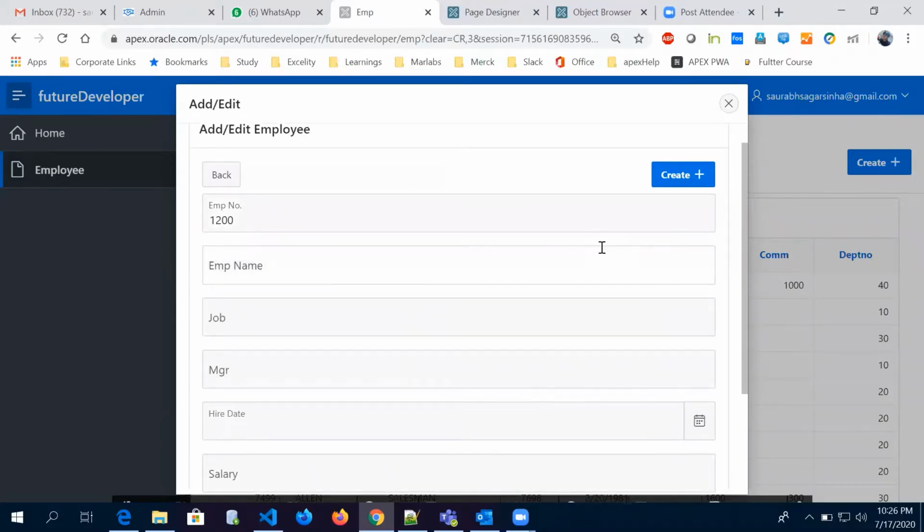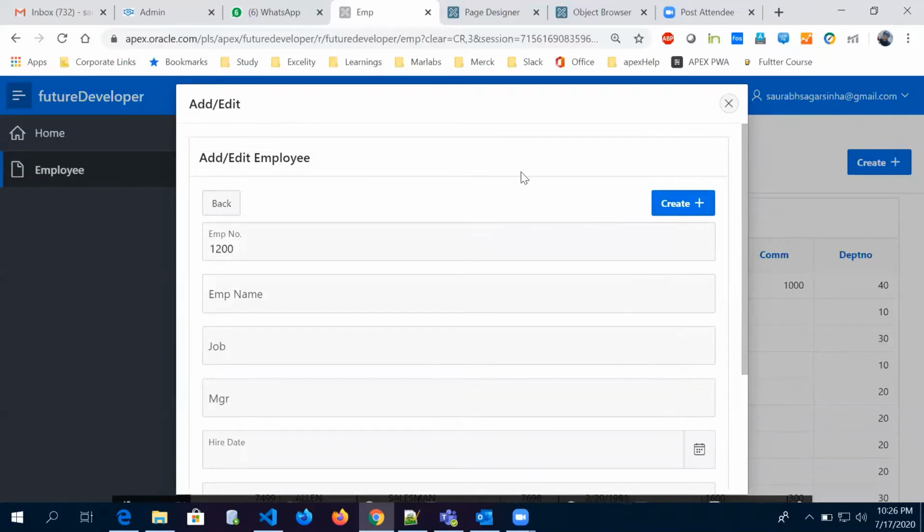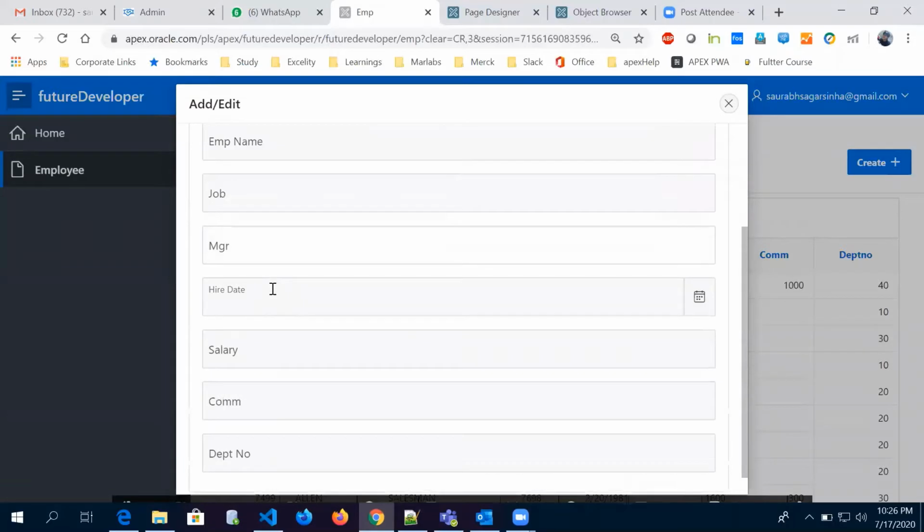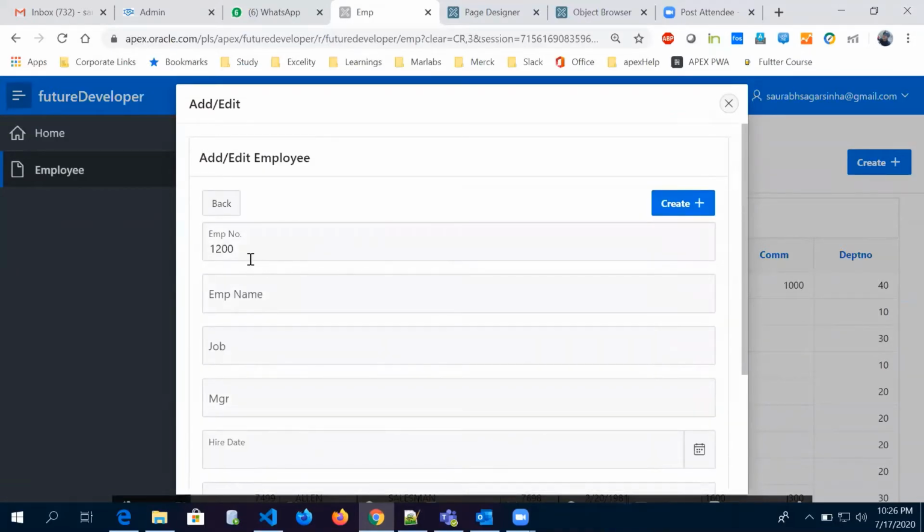I'm going to take the dynamic action session separately. I'm not going to mess up here with it, because dynamic action has a lot of flexibility with the application. So just to answer your question, I have done this. We can conditionalize the button, and we can conditionalize items and all those things. Everything can be conditionalized. Let's say if I want to fill this employee number, then only the employee name item should be visible. That can also be conditionalized.